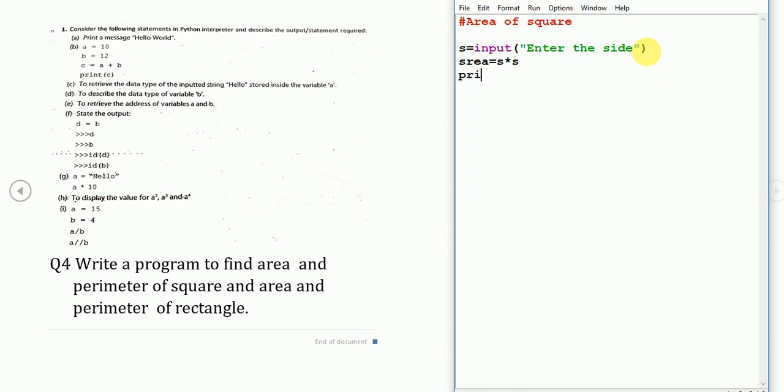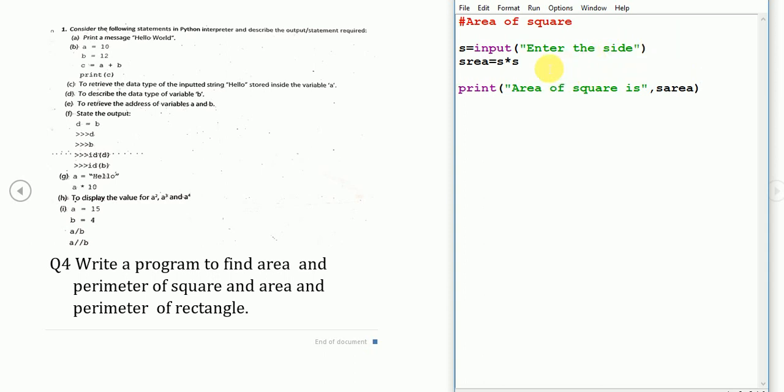Then print area of square is s area. Now we have to find out the perimeter also.